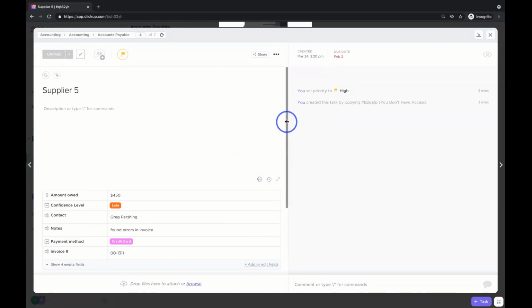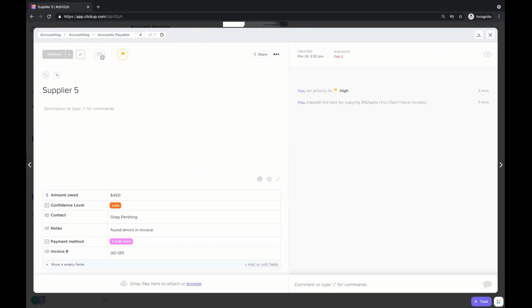You're going to be working so much from here. And there's a ton of different features inside of this task screen. We're not going to go over all of them today, but I am going to give you 5 quick best practices so that you understand how you're going to be using the program. If it's an accounting use case, if it's a content use case, it doesn't matter. They're all going to work this exact same way. So let's dive in a little bit.